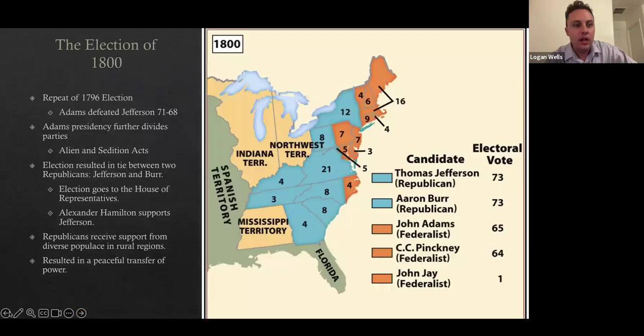Now, the election of 1800, okay? Before I talk about that, with 1796, so John Adams, right? He's Washington's vice president. He's the first and only Federalist president that we ever have. So Adams wins the election. It's a very close election. Jefferson comes in 2nd place. He's his vice president. And again, as I said before,